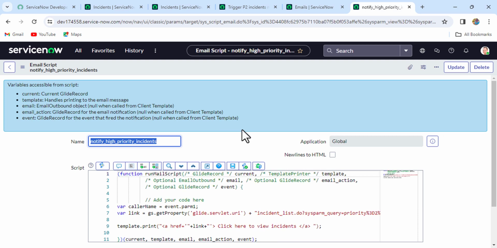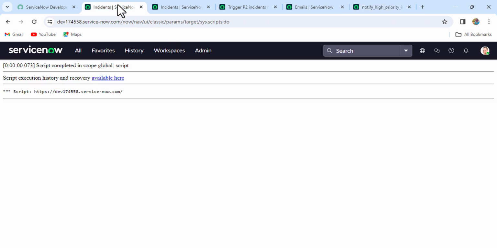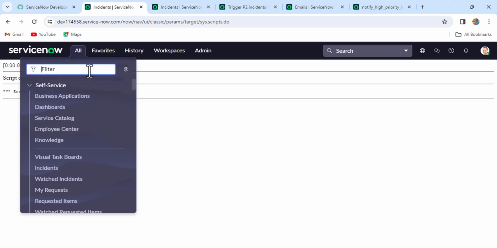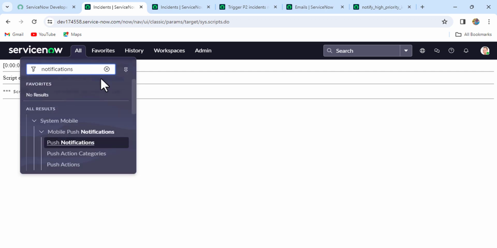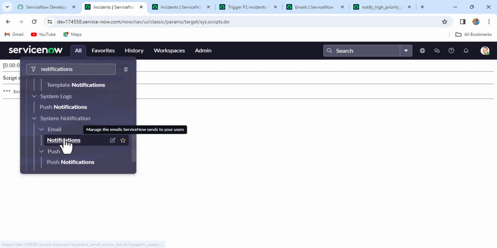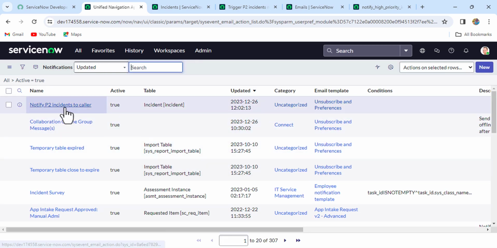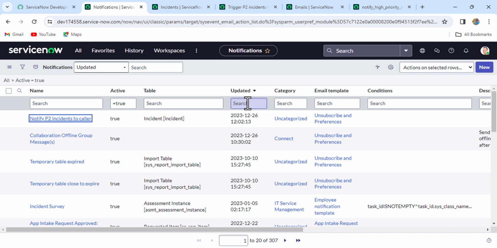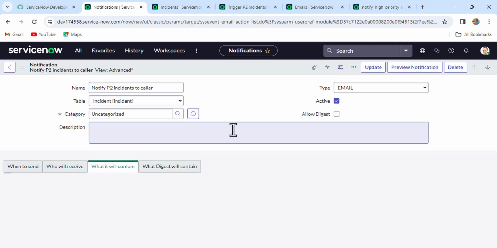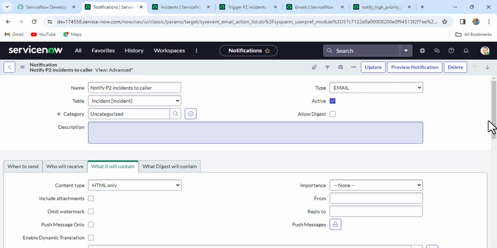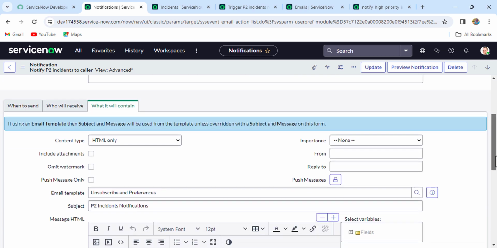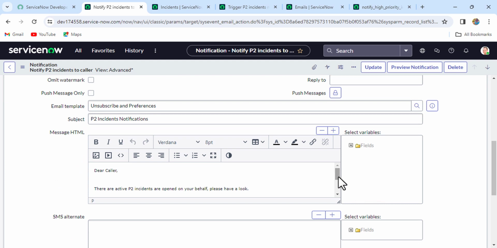Now once we're done with the script, we have to call this script in the notification. So we'll just copy the name of the script and go to the notification. So this notification we have created in the last video. Again I'm saying, if you don't have an idea what exactly I'm doing, first watch the last video, which I've given the link to in the description. Then you will be able to understand what exactly I'm doing,